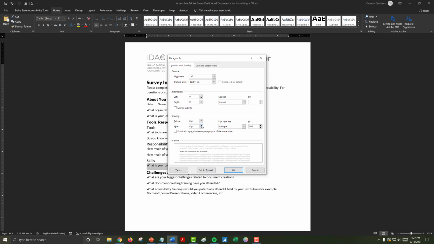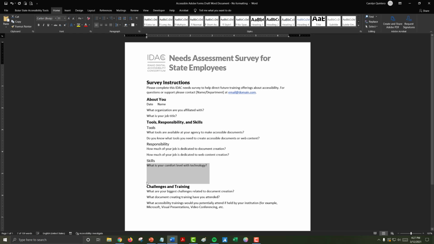The amount of space that you're going to add really depends on how much space you want to give your user for this question. Let's go ahead and bump this up to about 54 points. That'll give us a good amount of space to maybe type a sentence or two, or a space for people to write maybe a sentence or two, or a little bit if they're writing with pen and paper.